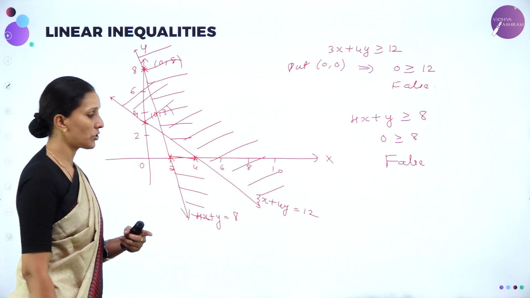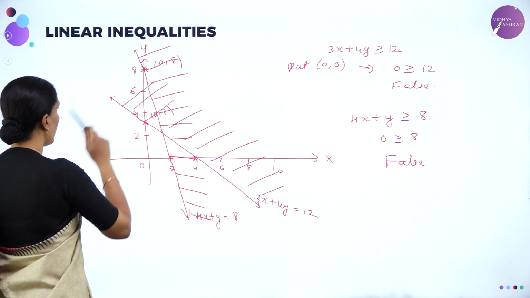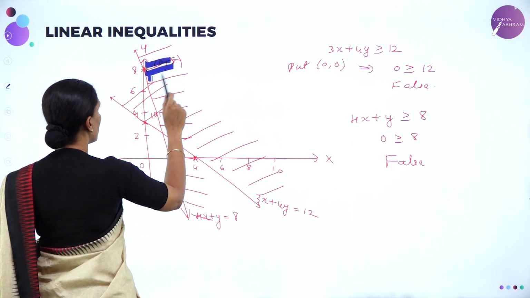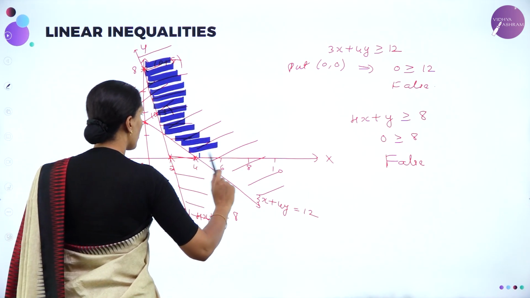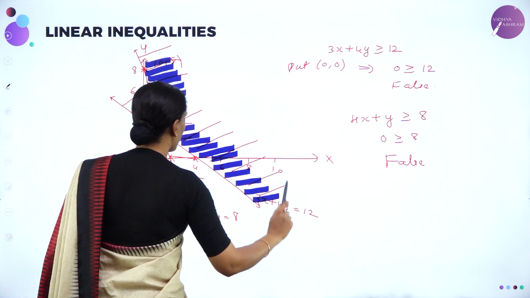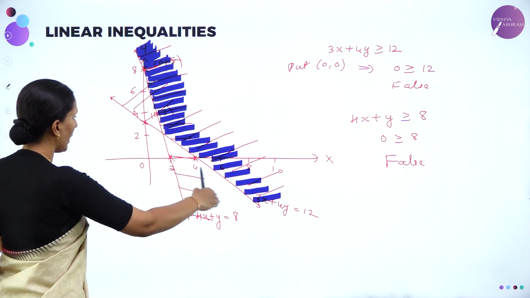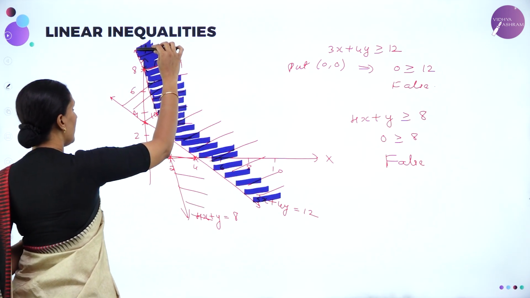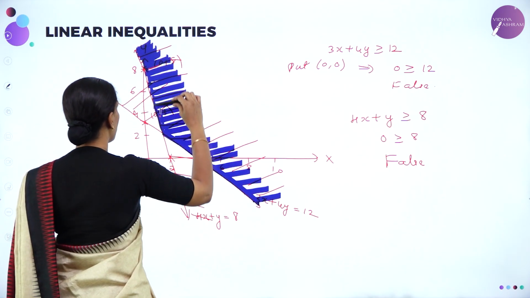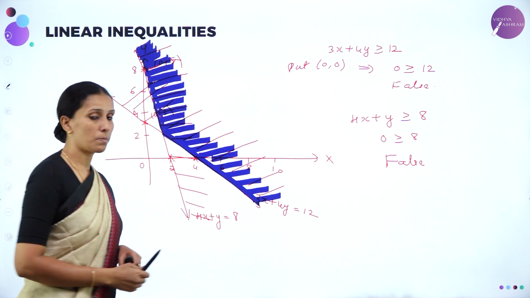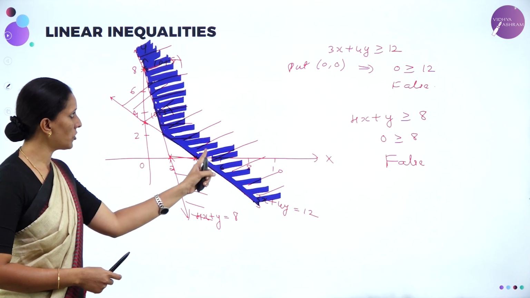Now which is the common region? This cannot be the region, this cannot be the region, this cannot be the region. So this region will act as the solution region, and not any other region here. So it is in this form and above this. Since both are greater than or equal to, this is the common region which satisfies